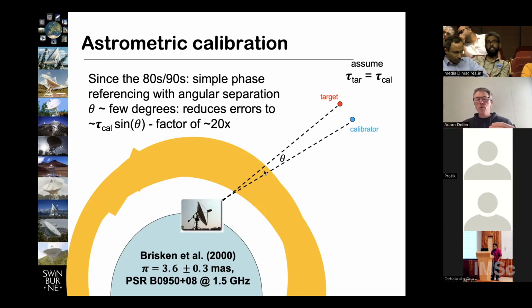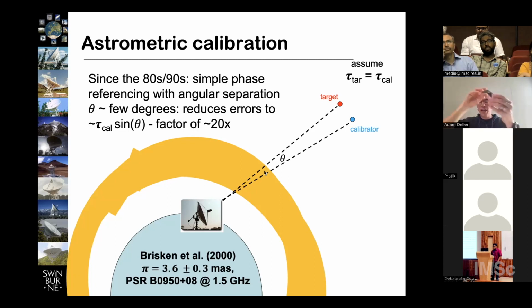When we do calibration, we force our data to look like a model. And so if the model that we give to the calibration process is not actually a good representation of the actual sky brightness distribution, then the calibration process will do its best to make the data look like the model. And in doing so, it will introduce some systematic shifts. For instance, imagine the actual source looks like a core and a jet, like a blob with some other blobs coming out. But our model was simply a point source. It says that all the emission should be coming from one place.